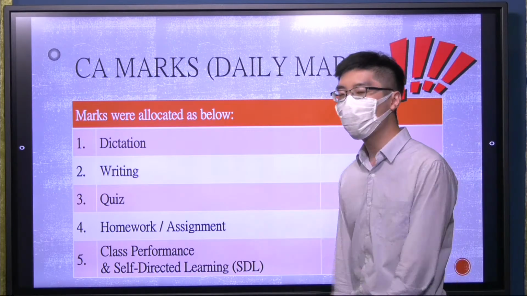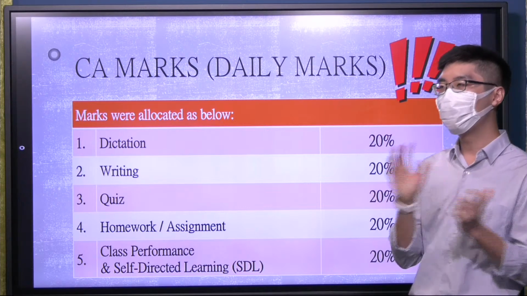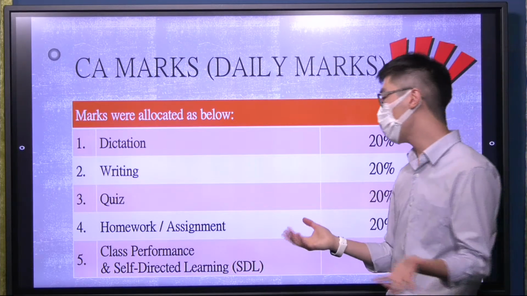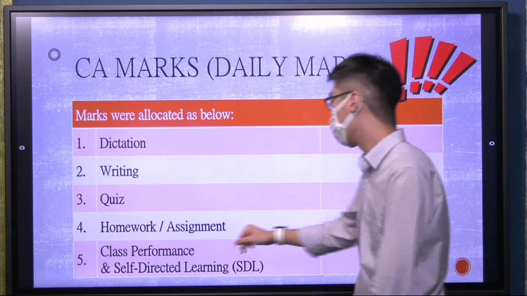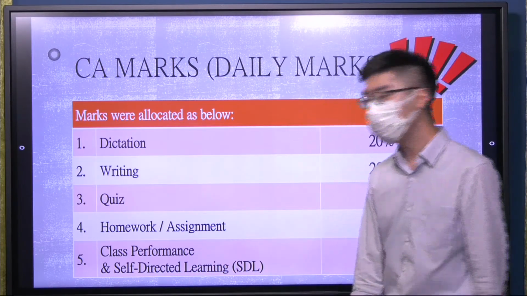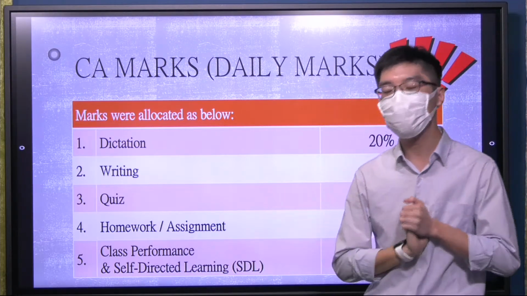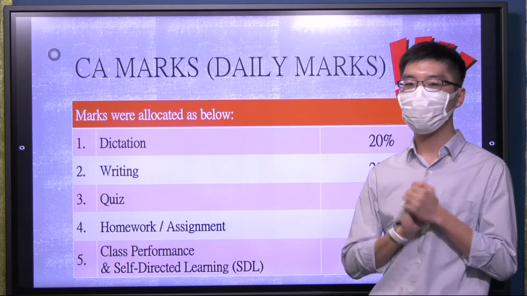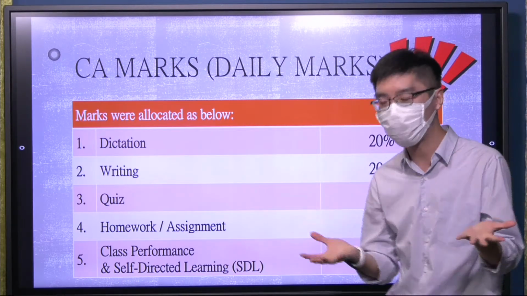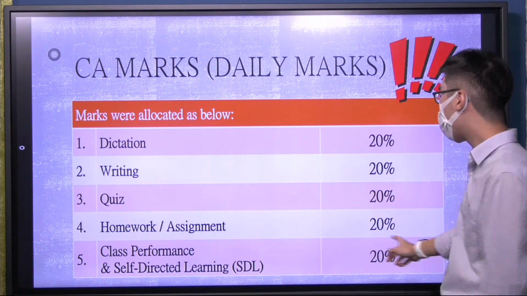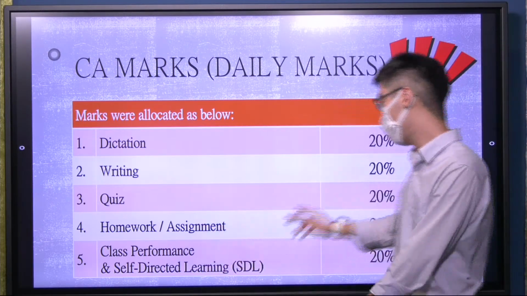For the quiz, we will have some unit quiz or vocabulary quiz after we finish each chapter or each unit, for some revision. The fourth one is the homework or the assignment. Please remember that although we are having the online tutorial, we still have homework to do. You still need to hand in your assignment in the Google Classroom, so please check your Google Classroom. It is also 20%, so your mark will be counted as your homework.